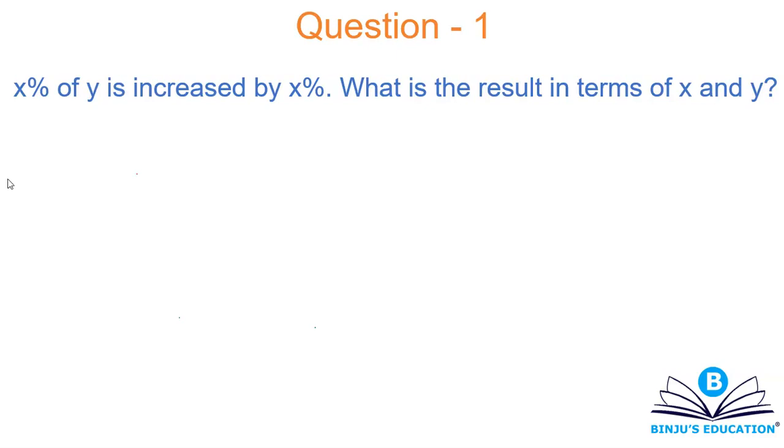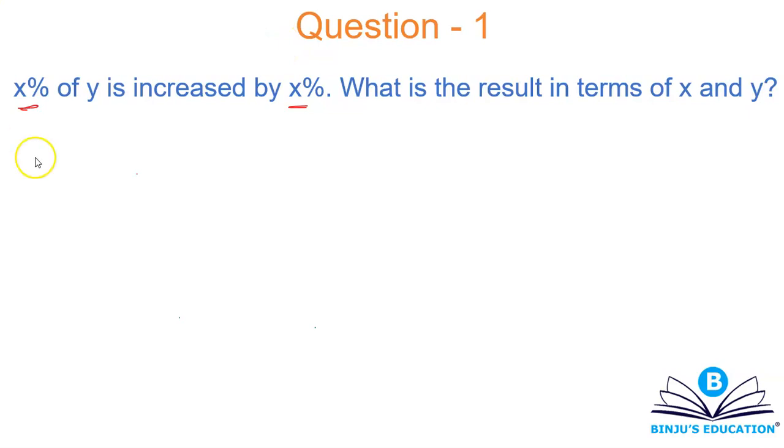All right, let's understand. Now in this question, I have intentionally taken variables instead of numbers. Like I could have also given you this question as 40% of 100 is increased by 40%. What will be the final value or the final result? But I intentionally took x and y. The reason being that students face difficulties when they have variables in place of numbers when it comes to percentages. Okay, so let's decode it one by one.